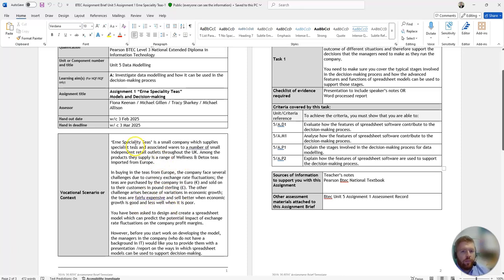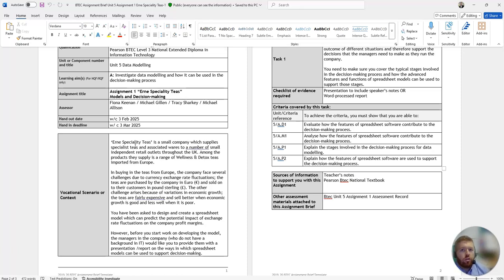The company Earn Specialist Teas. They buy in bulk these detox and healthy teas from Europe, and then they sell them individually to the different wee shops and that around the UK. They buy the bulk teas in euro, so they pay in euro because they're buying it from Europe. But when they sell it on to the other wee companies that are in the UK, they sell it in pounds sterling. Okay? The difficult bit is because the euro to pound exchange rate changes so often,